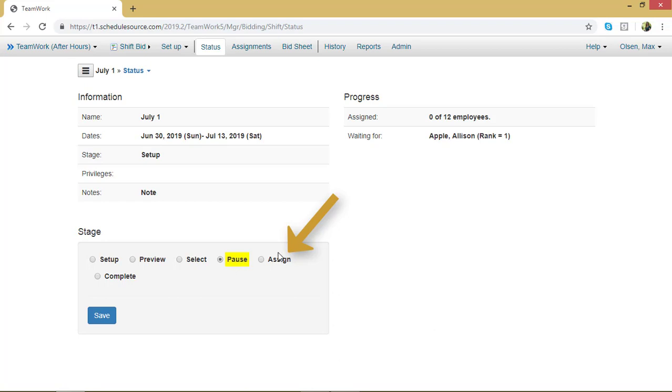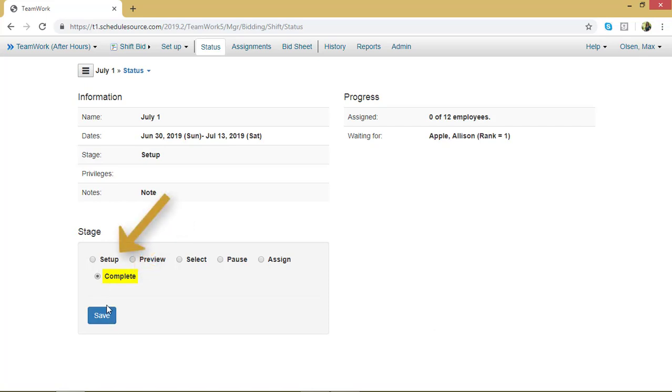To lock in a bid and assign the employees to the lines they have selected, you need to be in Assign. So when you click Assign, this is where you are able to actually assign a line to specific employees based on how they bid, their ranks, and any other factors you have taken into consideration. Once you've assigned your Shift Bid, you can choose Complete. When you choose Complete, that's when you are able to use this Shift Bid and the lines that you have set up to create schedules. If you have not selected the complete stage, you will not see this Shift Bid show up in your options when you're creating your schedule.